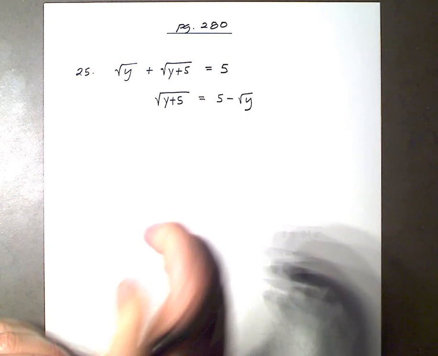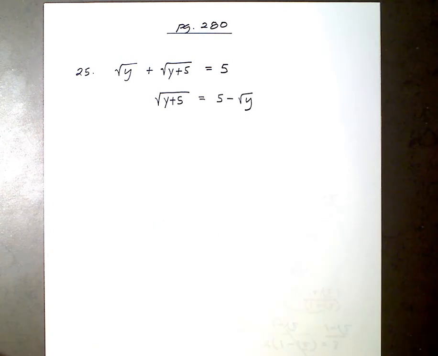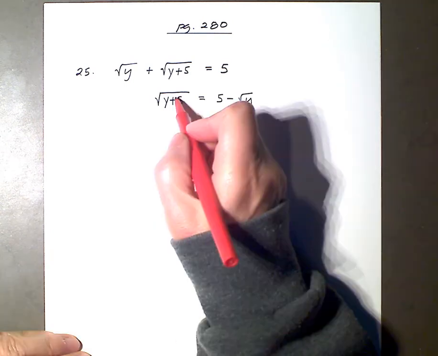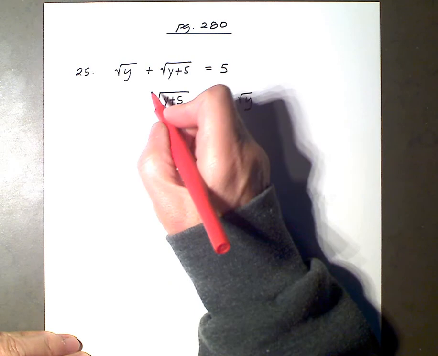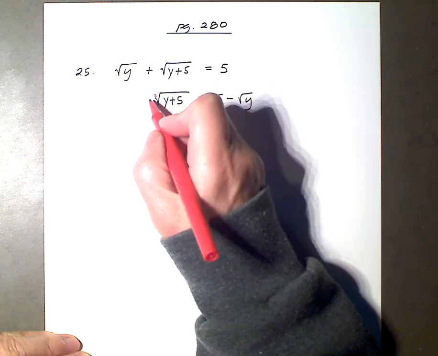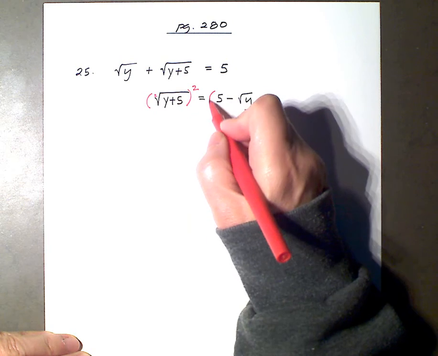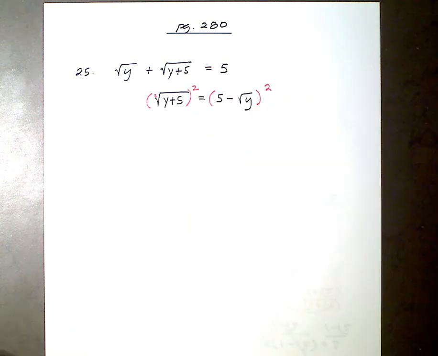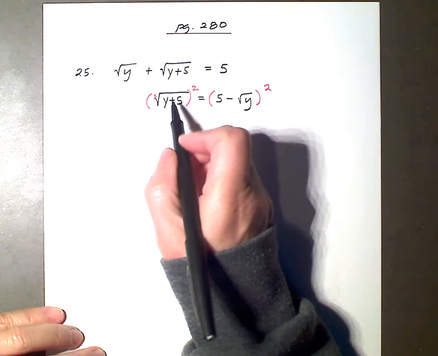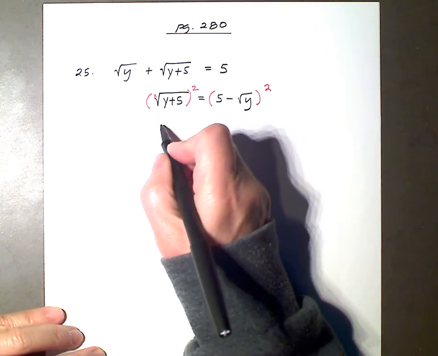Okay, now I'm going to square both sides of the equation to get this y plus 5 out from under the radical, because this is a square root. So wrap and square, wrap and square. So both sides are raised to the second power. When I do that, when I square the square root of y plus 5, the y plus 5 comes out